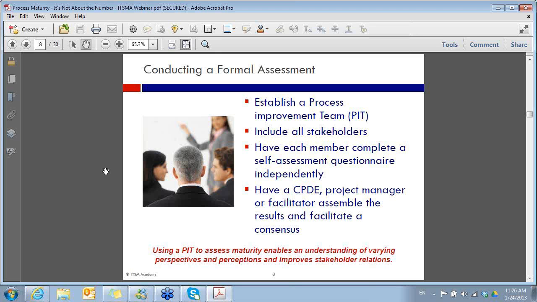So you really have to be willing to listen and act on the requirements of all your stakeholders. You do a self-assessment questionnaire, and all of the stakeholders do that independently, and this is really important. I can't tell you how often I've been involved in assessments where one part of the organization says, yeah, we're doing a great job at this process, and another part of the organization says, we're doing a horrible job at this part of the process. It's about perception, right? And that's really what you want to get out of this assessment.